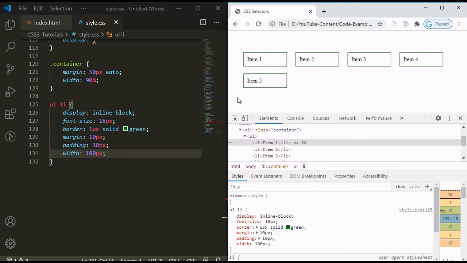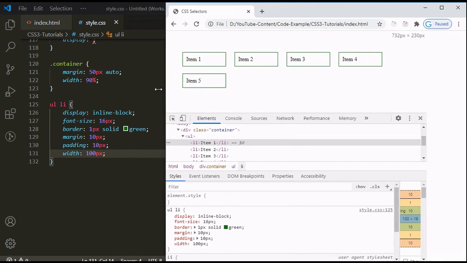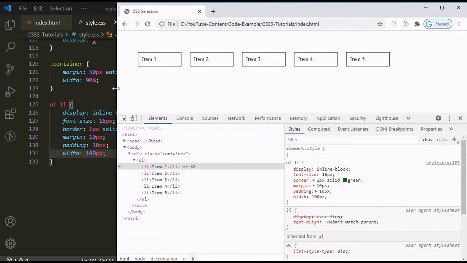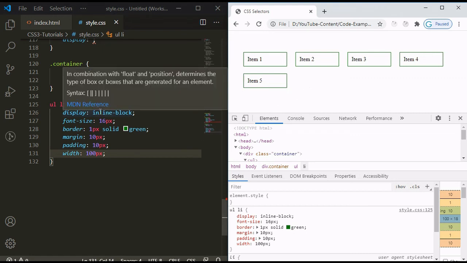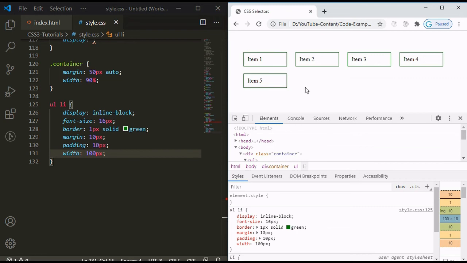This content has been broken because there is no space here. Now you can see like this. The inline block property behaves like inline elements, which give the space for other elements after itself. They don't start on a new line and also accept the other properties like margin, padding, width and height, same as a block element. So friends, I hope you have understood about inline block, how it behaves in the browser.